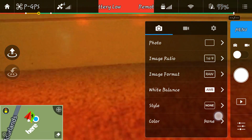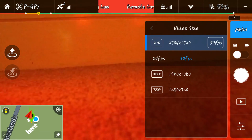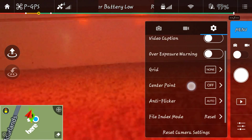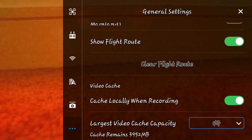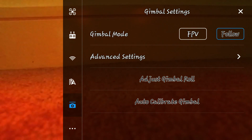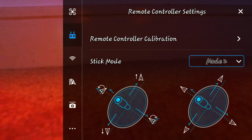Then camera settings, camera here, tells you everything in there. Video, 2.7K 30 frames per second, it can do all of them. And then style, MP4, I don't quite know what all the rest are, but grid, anti-flicker, auto, don't quite know. And then the main settings is the bottom, all these flight logs and about, and then the gimbal settings, you can change that, adjust gimbal roll. And advanced settings, it comes with all these, reset all settings. The battery, I've already shown you those settings. Wi-Fi control settings, and then the